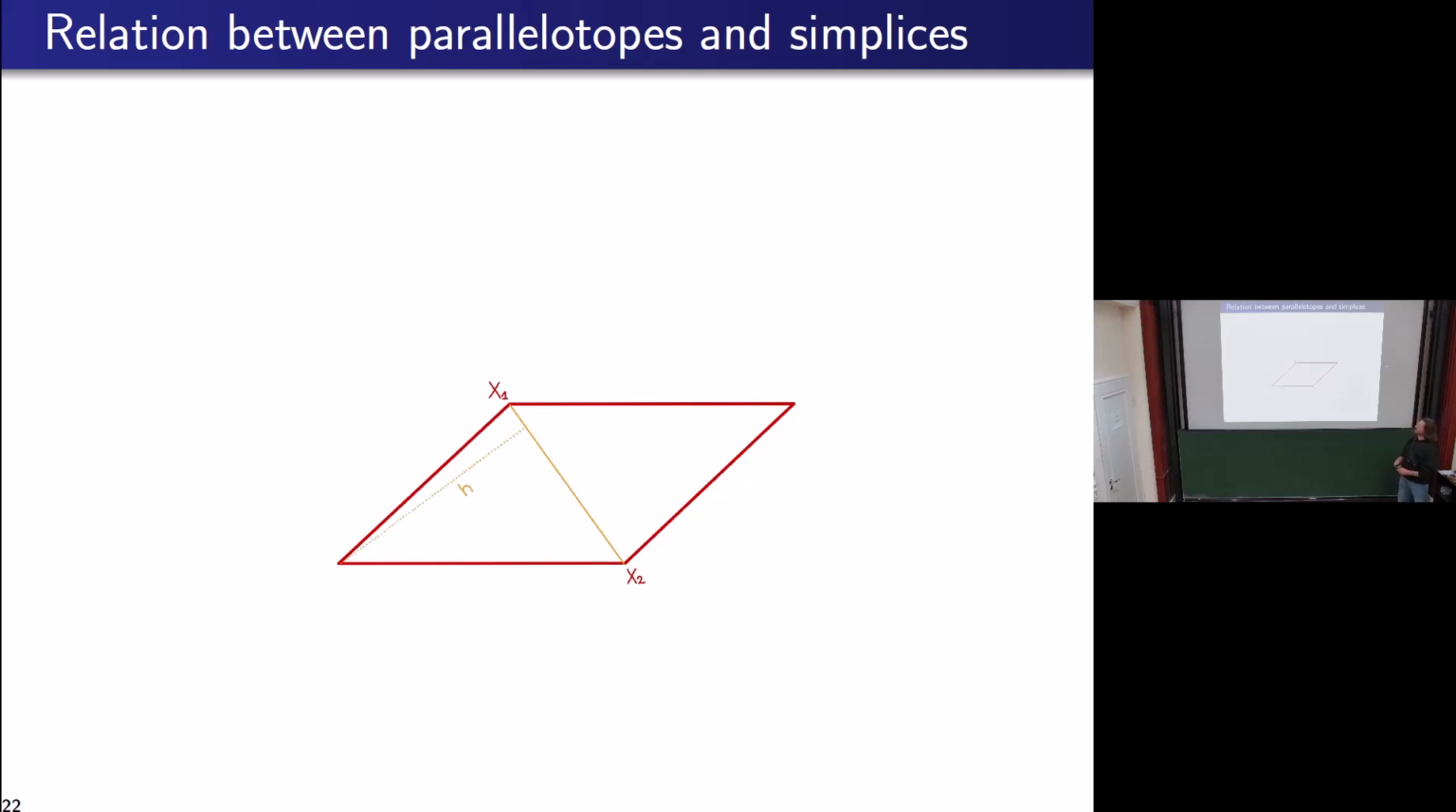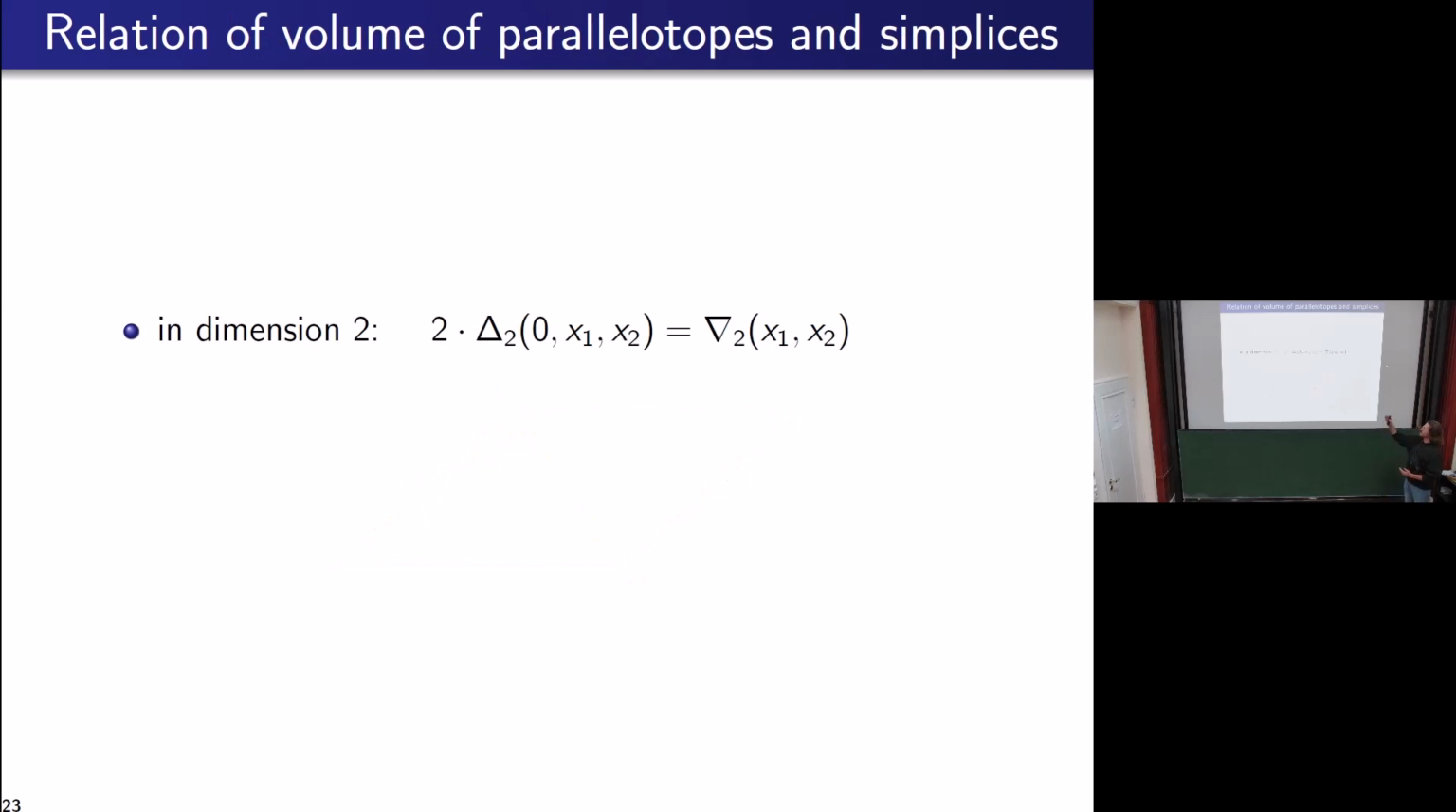And if we then draw in the height of this triangle, which can be taken as or formalized as the distance from this simplex to the origin, we can then see that the volume of the parallelotope is twice the volume of this simplex. So for 2 dimensions, you get this formula. And for 3 dimensions,